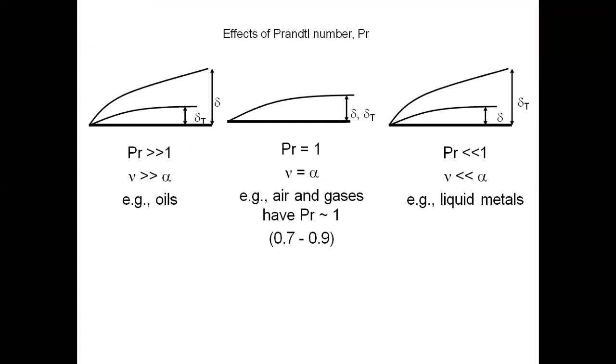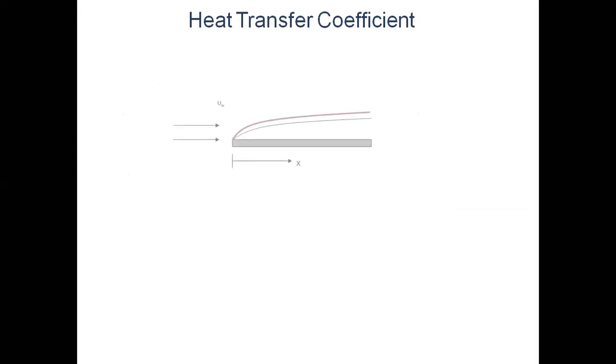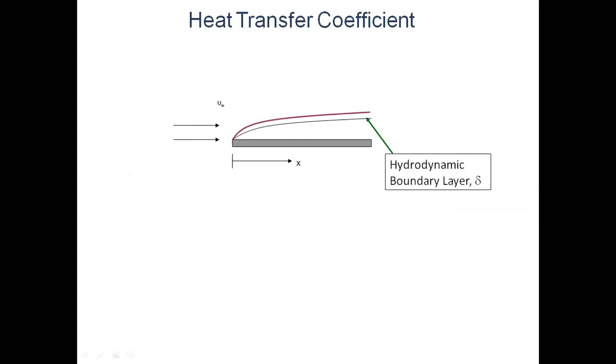Let's continue from here. So basically, we are interested in the heat transfer, right? So if I can determine the heat transfer coefficient, that will be useful for me. So let's once again go back to the original condition, the flow over the plate. There is a plate and the fluid is flowing over it. So that leads to a hydrodynamic boundary layer over the plate. Within the boundary layer, there will be variation in velocity. This we have seen.